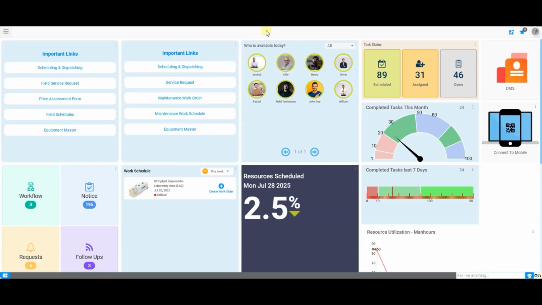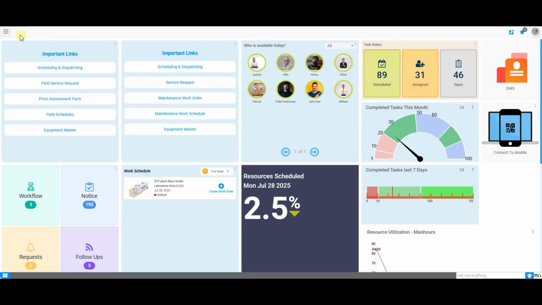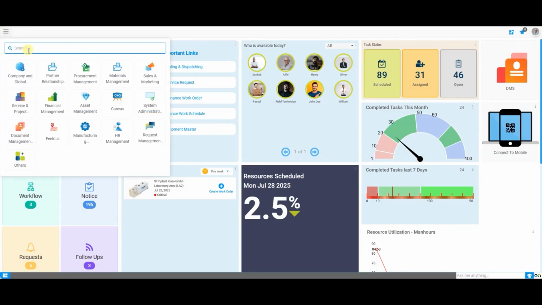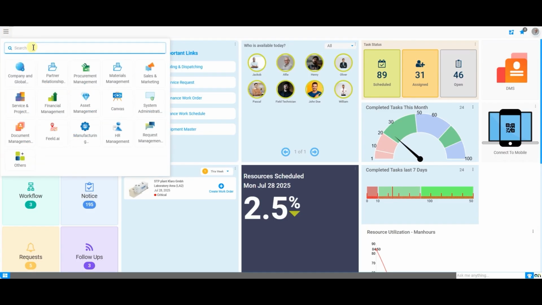This is the landing page of the system. If you want to see the user details, you can click on this icon image, and then you can find the details about the role, client organization, and warehouse. Now let's go to the price assessment form to start the process of field service request. You can also use these buttons to go to price assessment form, or you can go to menu and search